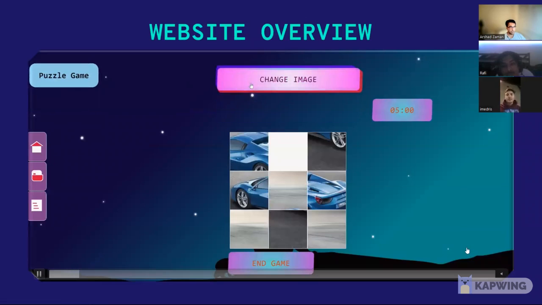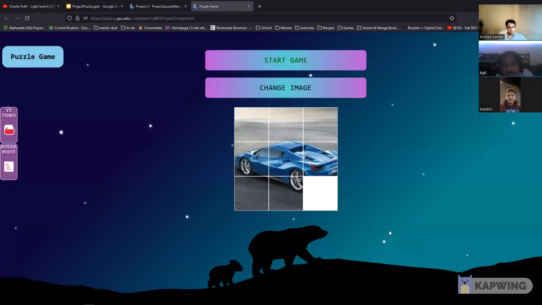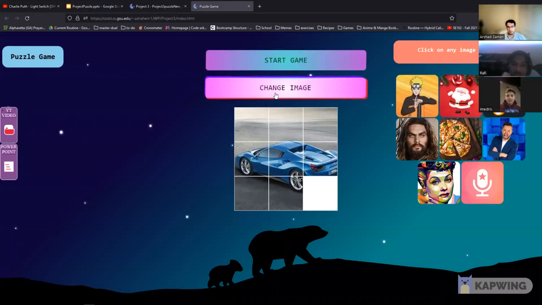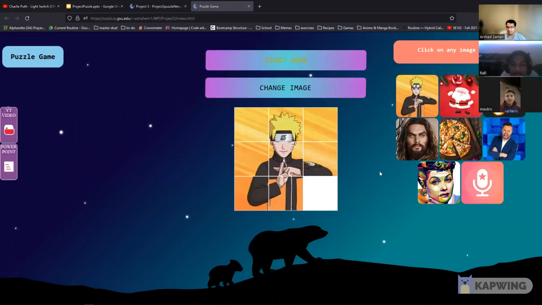Okay, let's go to the live demo. All right, so this is our puzzle game. Here's the navigation on the left. If you click change image, it plays a sound, and then you have different puzzles to choose from. And I'm a big fan of Naruto, so I'm going to click on this. And then you can click start game, and it